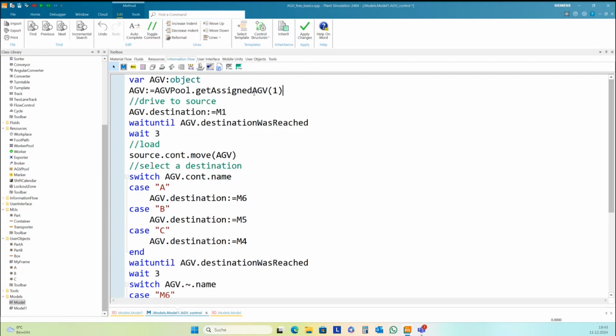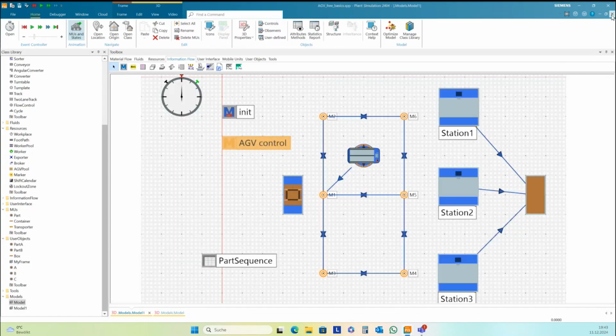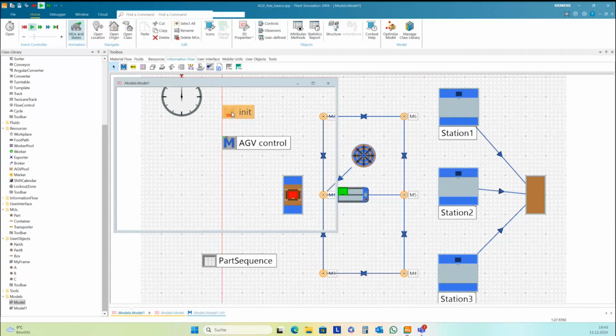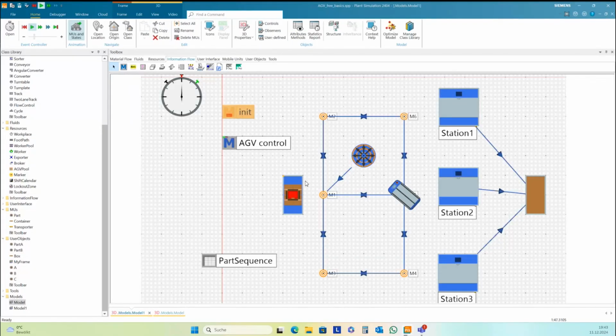There's a get assigned HEV list here, and there's a method get idle HEV. And in this way, I can avoid these problems if I have several models and there are still HEVs in the other models, then we will not access this HEV from another frame. And so it's not a good way to access the HEVs with their IDs.